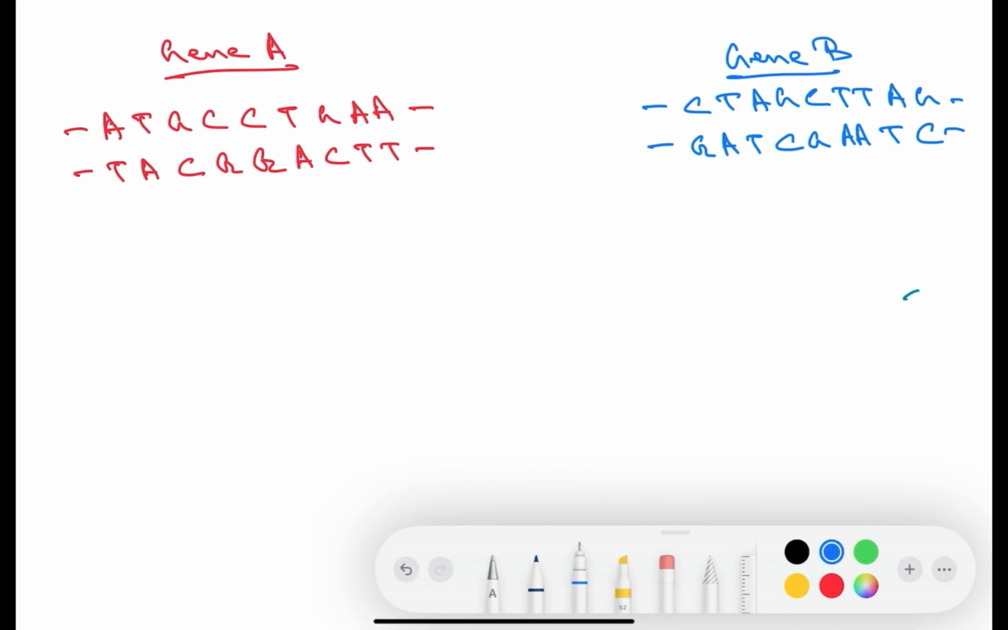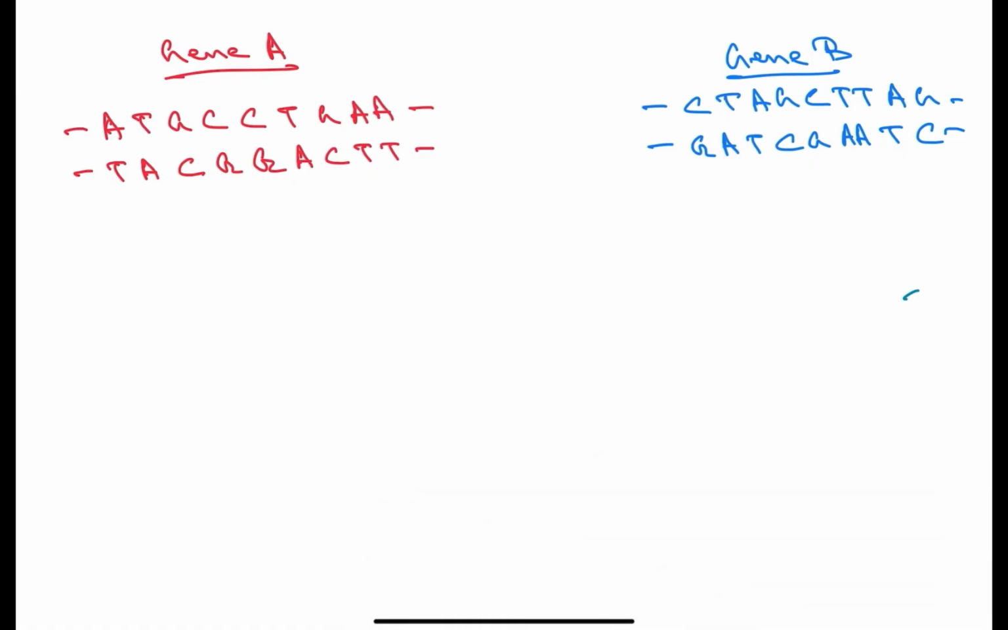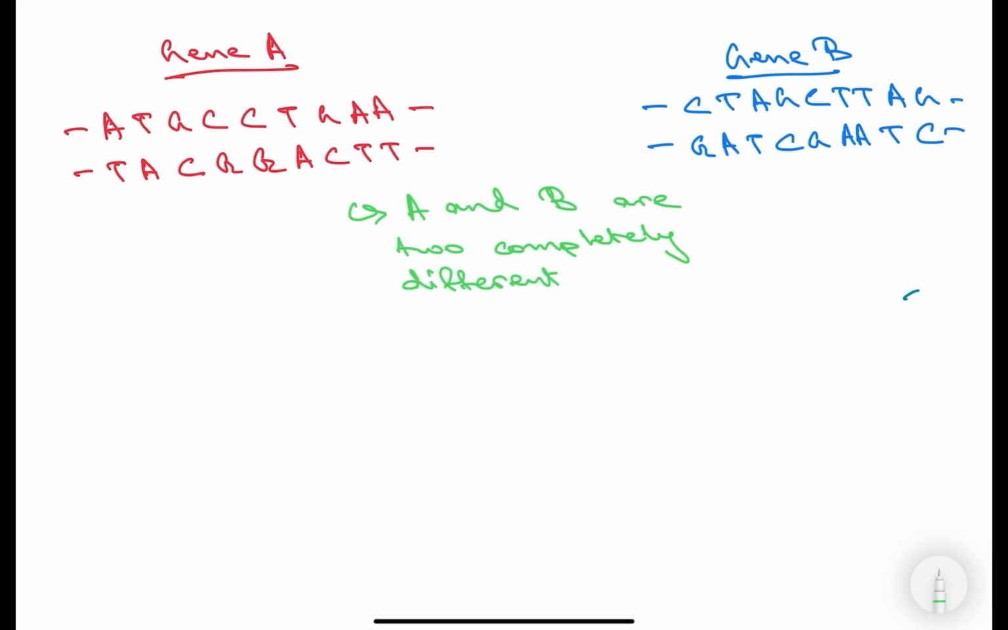So since segment A and segment B are completely different to each other, they are two completely different genes. Okay, so A and B are two completely different genes,